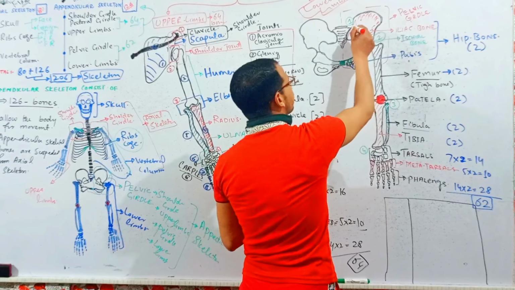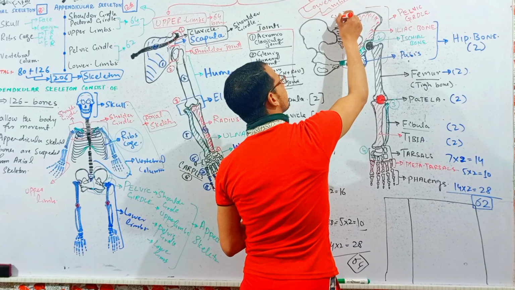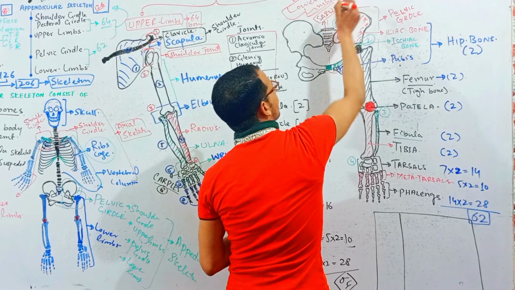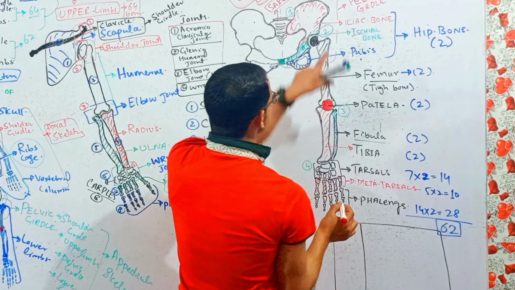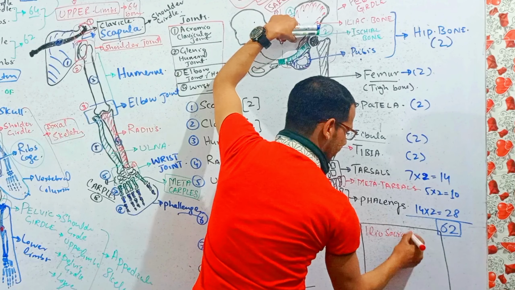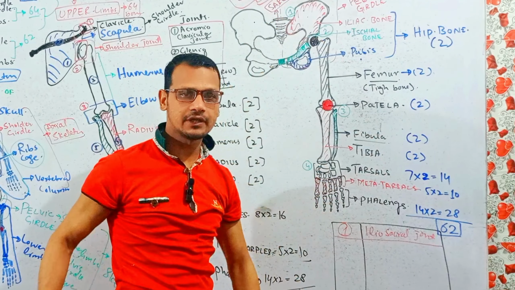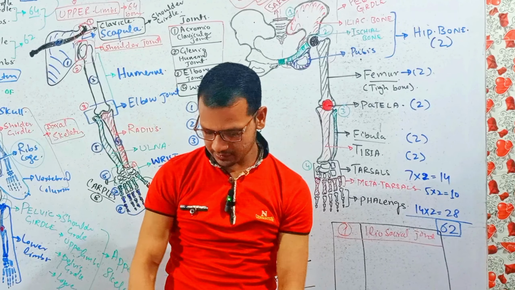The first joint, this is the ilium and this is the sacrum, and these are sacral vertebrae. So the first joint is called the iliosacral joint, right? Which is the joint between the axial skeleton and the appendicular skeleton, and the function of this is